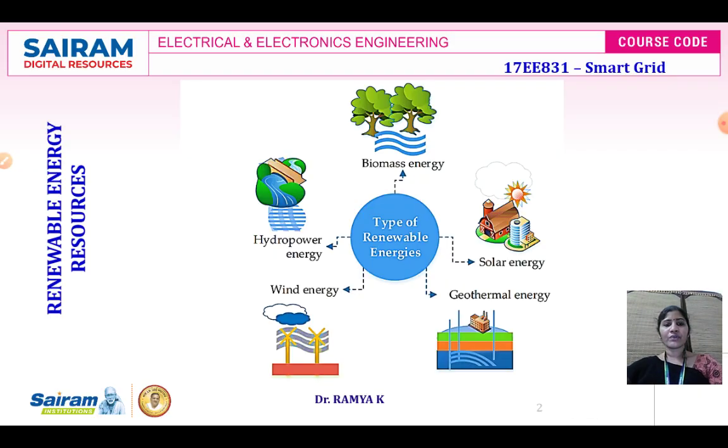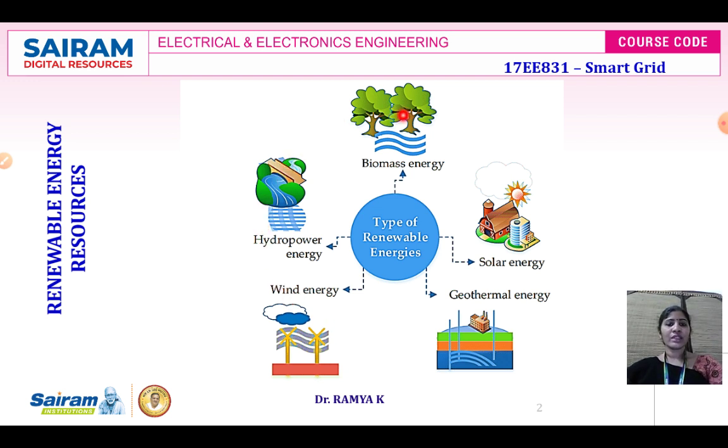We have different types of renewable energy resources like solar, wind, geothermal, hydro, biomass. The two most important resources used for generating power are solar and wind. Solar and wind are the two primary resources that are integrated along with the conventional source for the development of electric power, and the same has been integrated onto the grid system. Most smart grids will have solar energy and wind energy as primary resources for developing the power and supplying it to the customer.